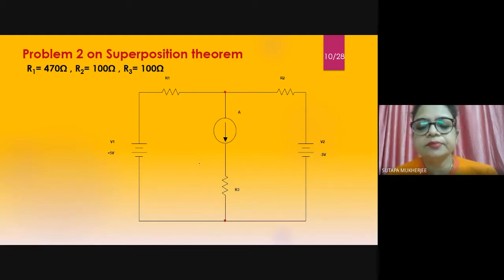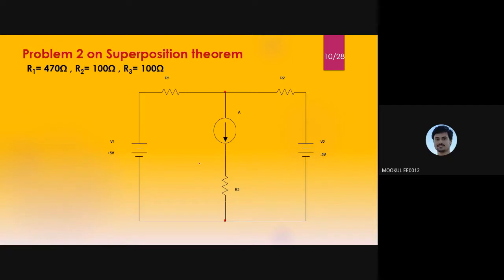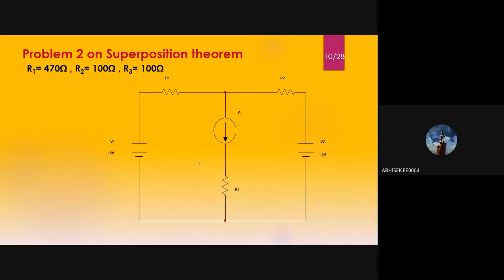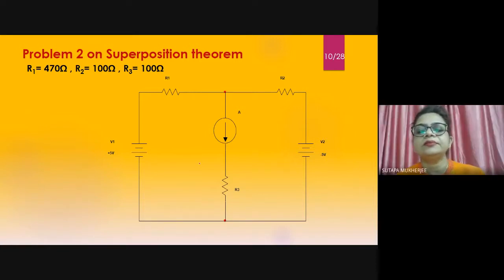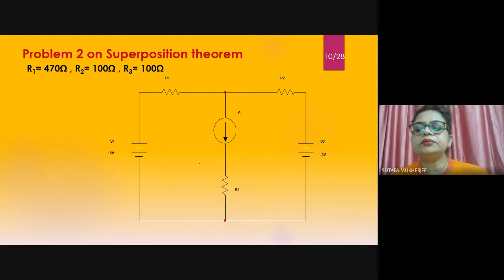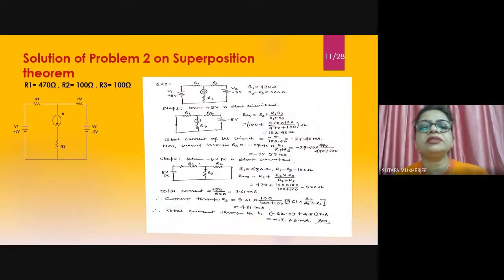Finish? And what are the values of voltage? Plus 5 V. The V2 is minus 5 volt. Yes. Ma'am, we need to find the A. You have to find out, right? Ma'am, is it homework or will we do this now? This is homework, you'll do it, okay? Okay, ma'am. Go to the next slide.